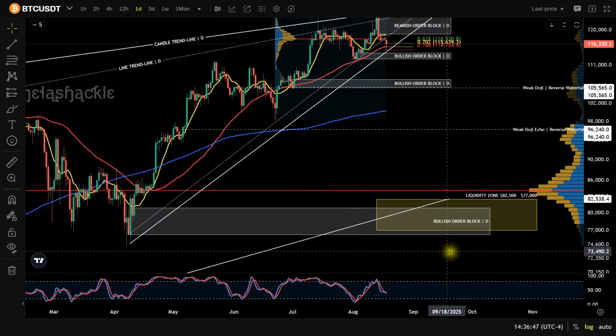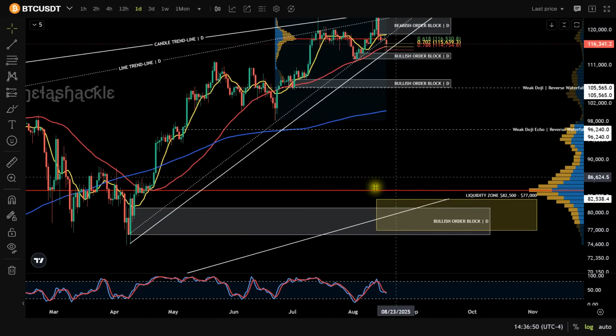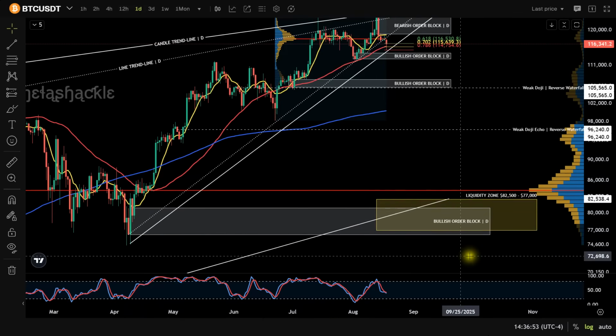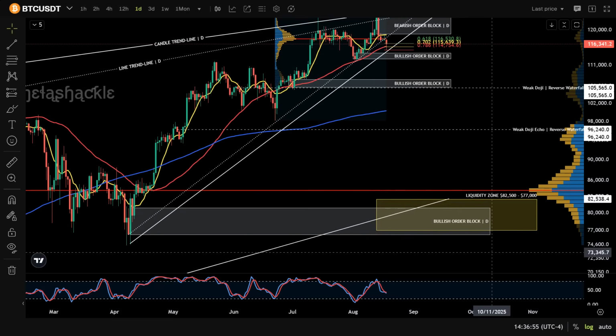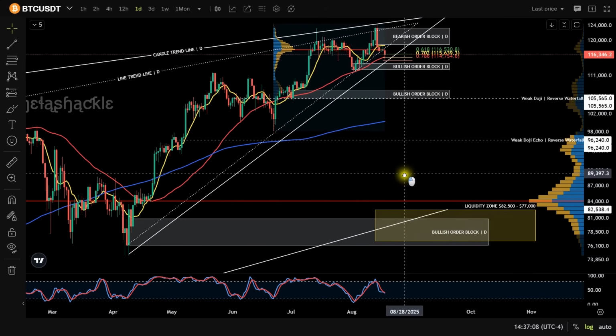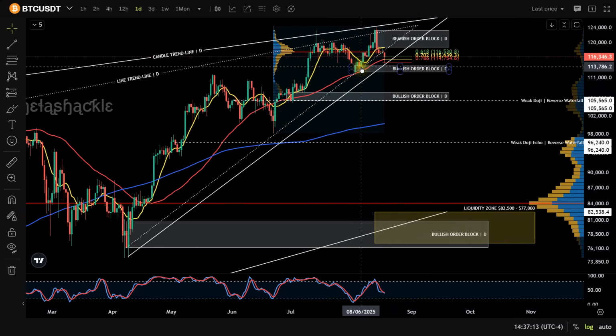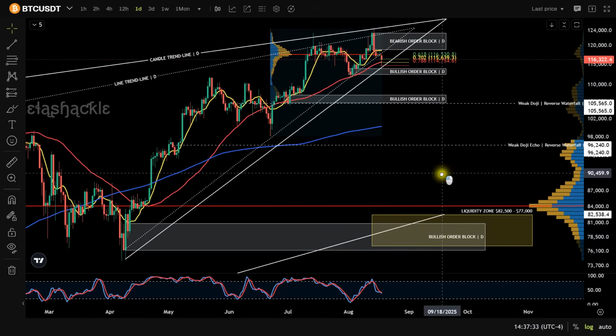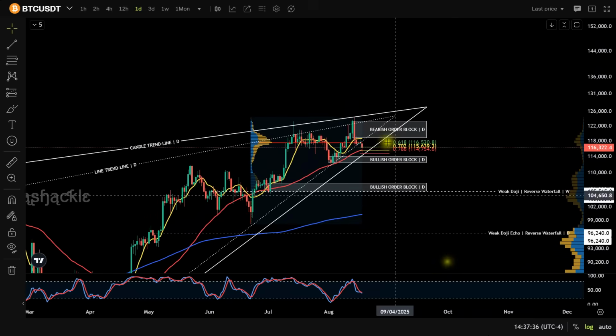Now that doesn't mean that price has to come down here, but you cannot rule it out. And as much as people like to believe that Bitcoin is bulletproof and we're never going to see these levels again, I can guarantee you at some point we are absolutely going to see these levels again, no matter what anybody thinks, because there's a ton of liquidity resting below current price. And with the Bitcoin supply dwindling more and more each day, it's going to make areas where liquidity is stacking up on the charts more and more valuable,